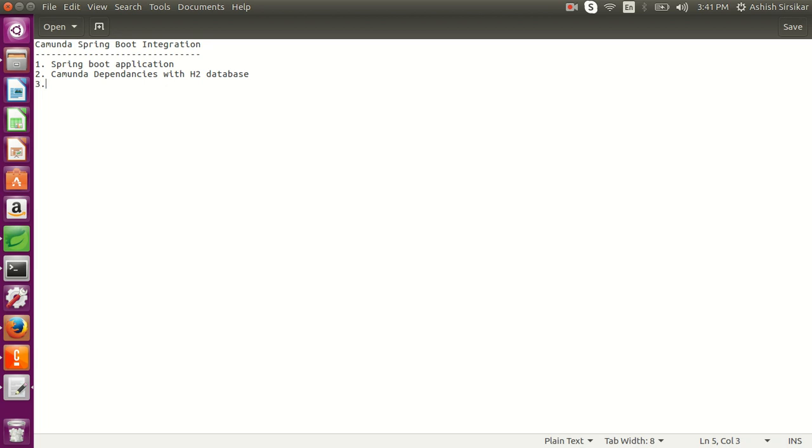After that we have to create one bpmn file, and fourth step, we will deploy the application. So this is the agenda that we are going to cover with this Camunda Spring Boot integration.